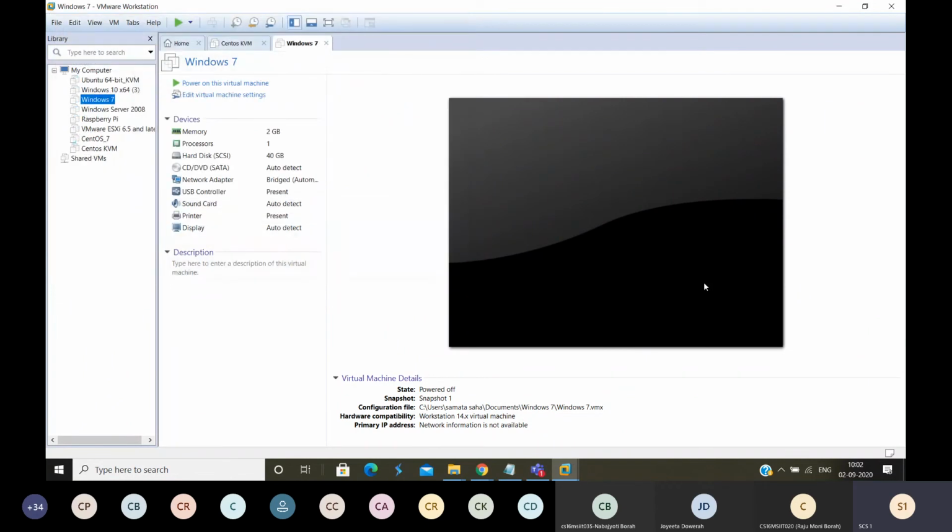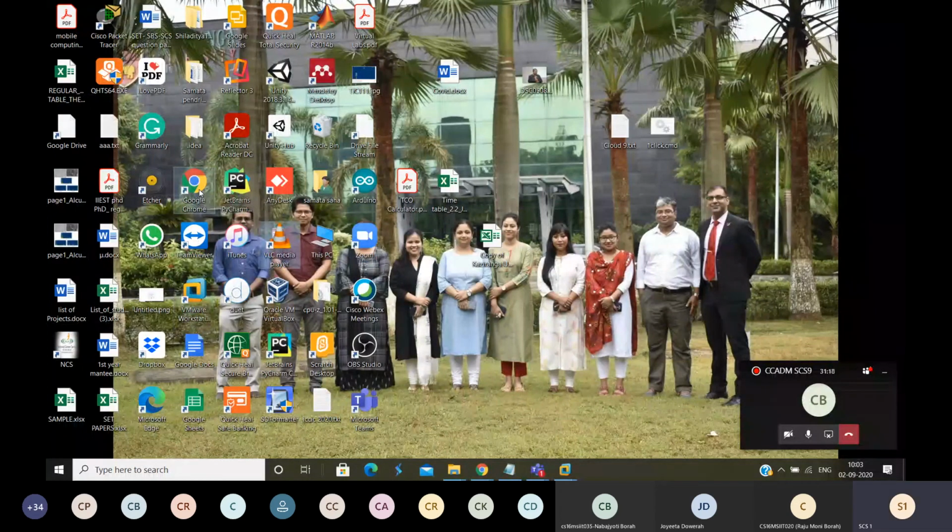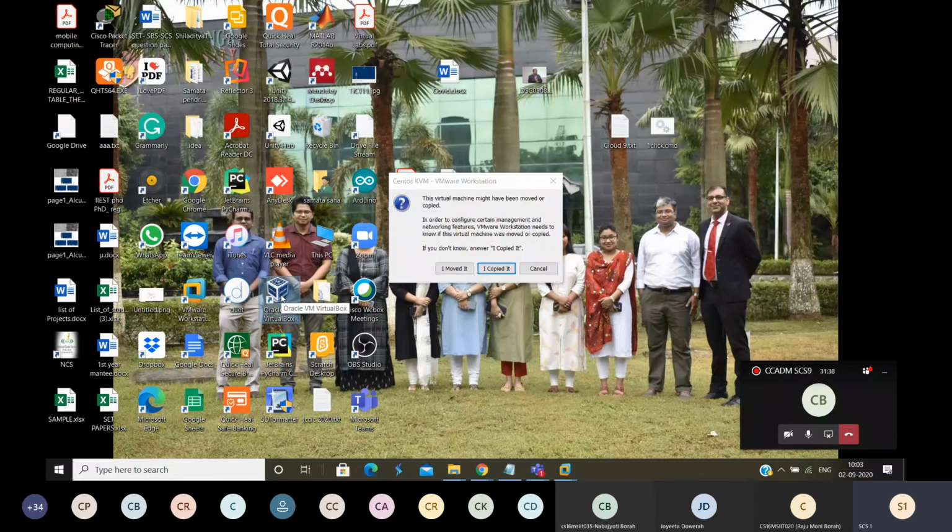After that, when you open VirtualBox or suppose Hyper-V, there will be an import option. I am opening VirtualBox. This is VirtualBox. In VirtualBox, I will have an option to import. If I click on import, I can get the OVF format, and using that OVF format, whatever virtual machine I have migrated to OVF,